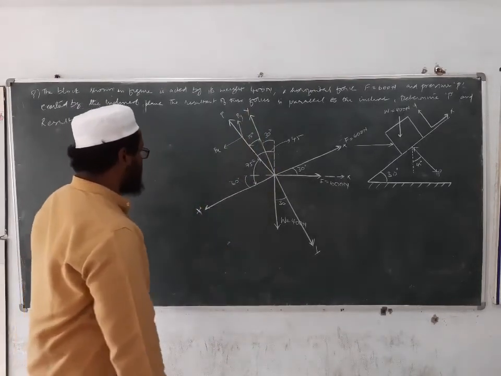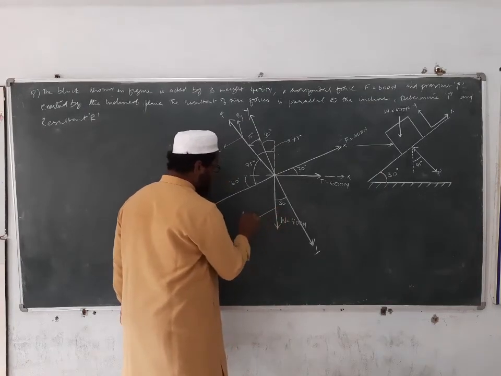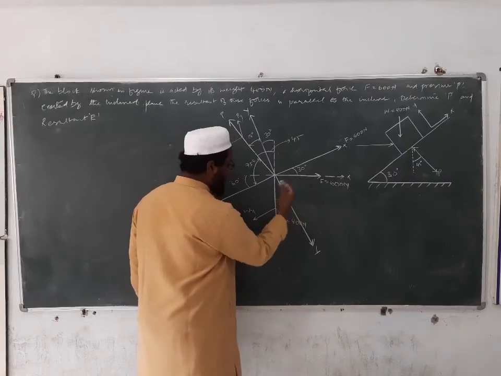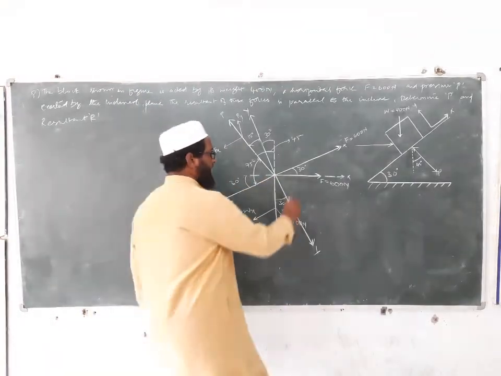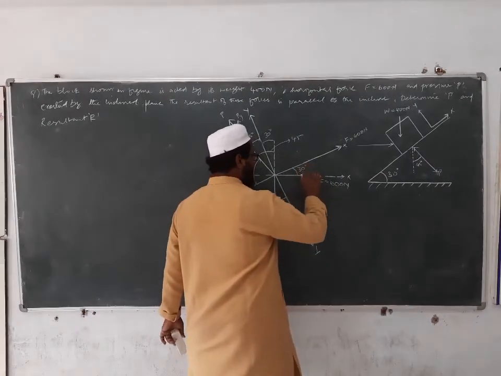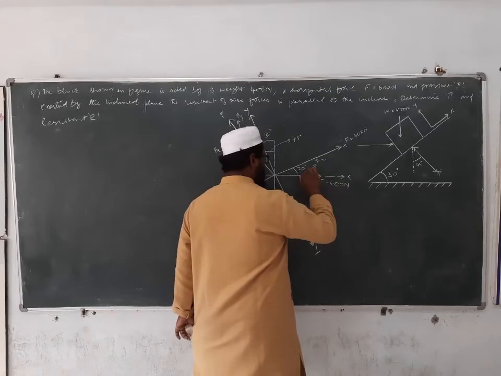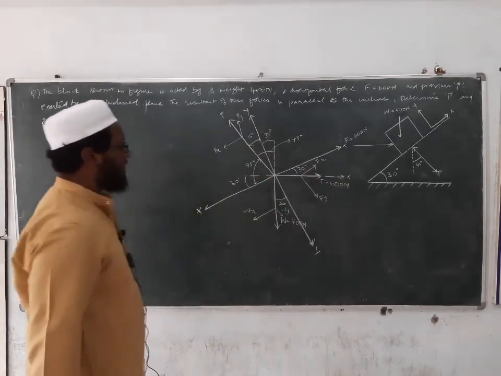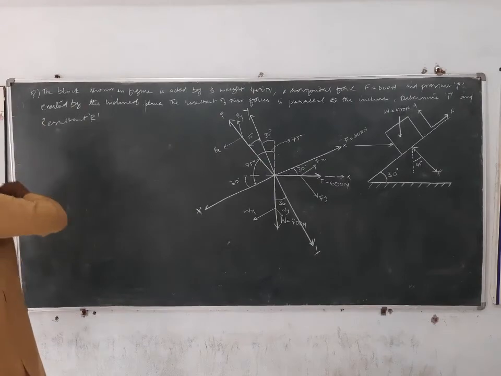Next we have one more force. Which is that one more force? This is Wx and this is Wy. Similarly, this force is acting in which quadrant? It is acting in the fourth quadrant, isn't it? So this is Fx and this one is Fy. Alright. Able to follow this? Yes. So now we'll take down all the components of each force.